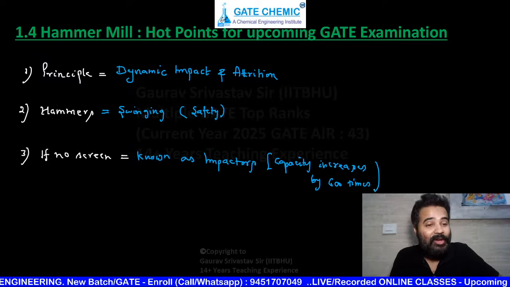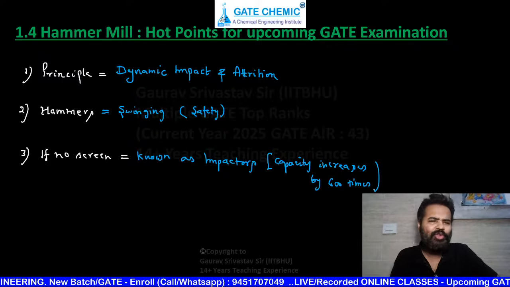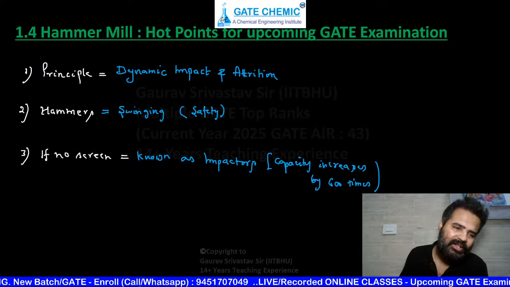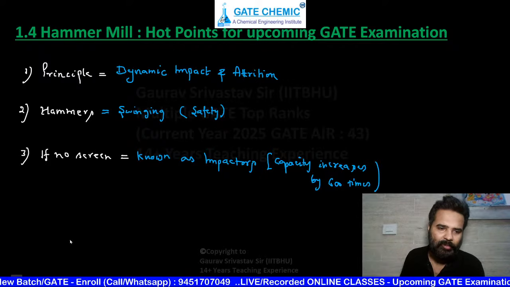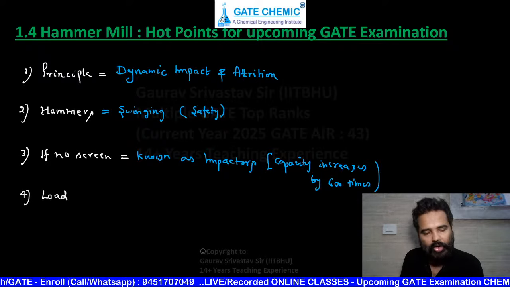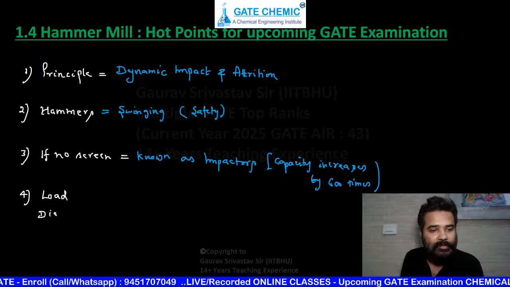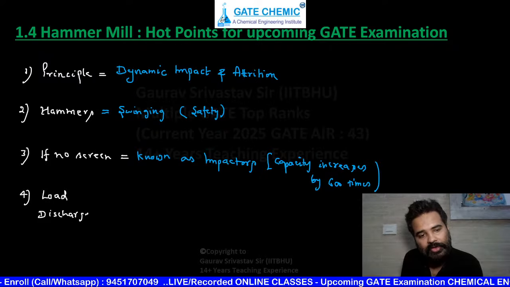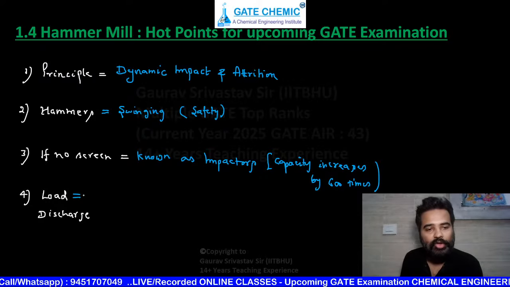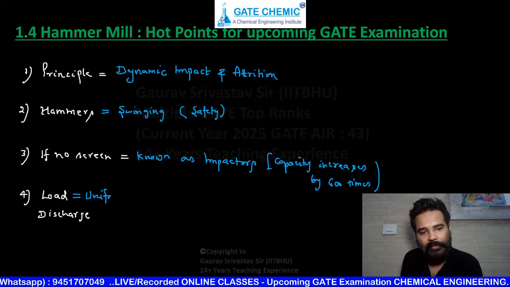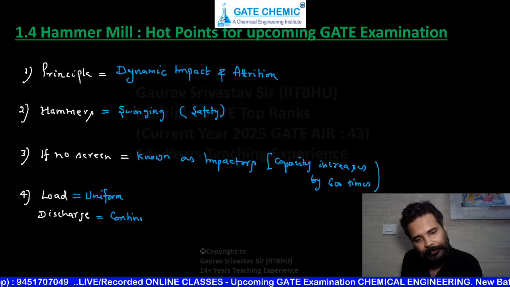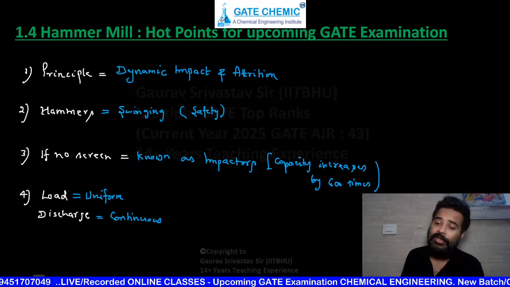Okay, so everyone crystal clear, no doubts. Load on motor is uniform, everyone knows continuous discharge. These are not important points, but if you want to write for your filling, then here you can write load on motor and discharge. These 2 points are not important at all. So load is uniform on the motor, and discharge is continuous. Okay, can we proceed? No doubts?